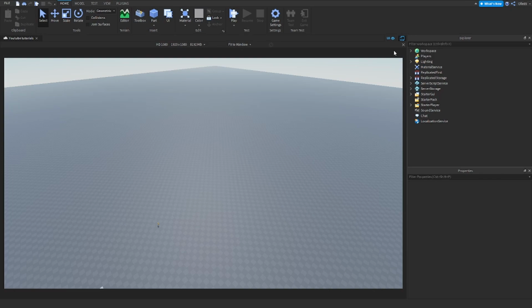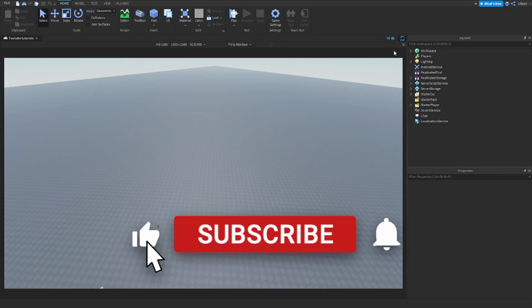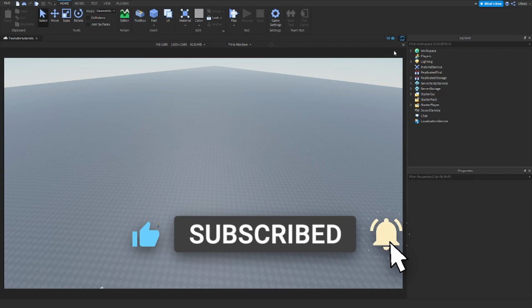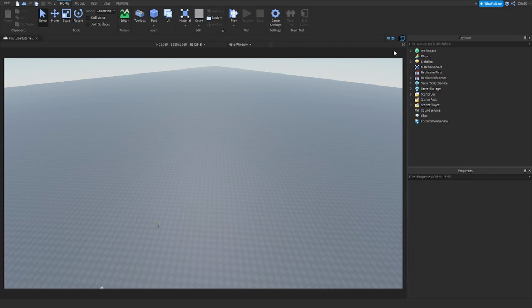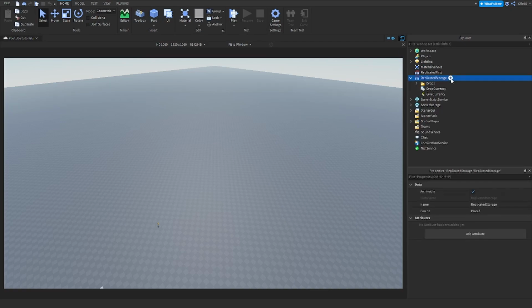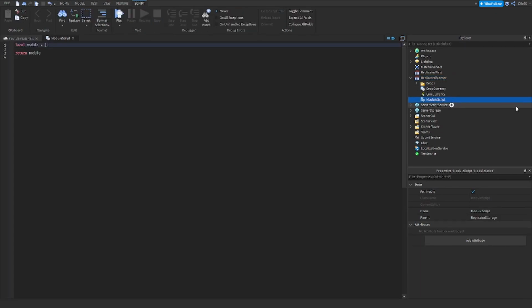In today's video, I will show you how you can make saving data in Roblox Studio. So what I mean is, when a player leaves, the data gets saved, and when they join again, their data will get loaded so they still have the same amount of coins or something. So what we want to do is, inside ReplicatedStorage, we want to create a module script named maybe